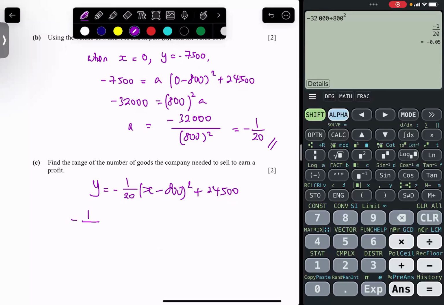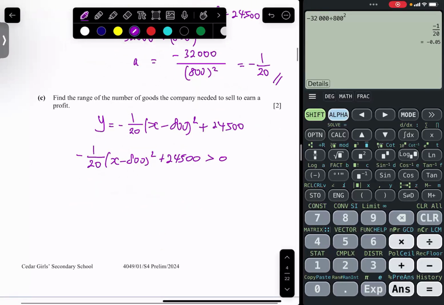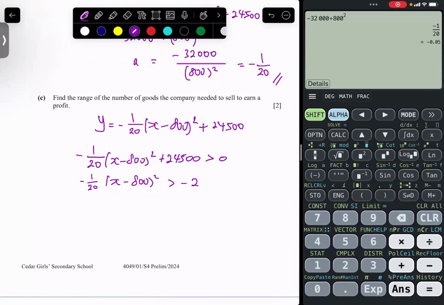So negative 1 over 20 (x minus 800) squared plus 24,500 must be more than 0. Bring the 24,500 over, so (x minus 800) squared must be greater than negative 24,500. Divide by negative 1 over 20, and so we get (x minus 800) squared must be less than